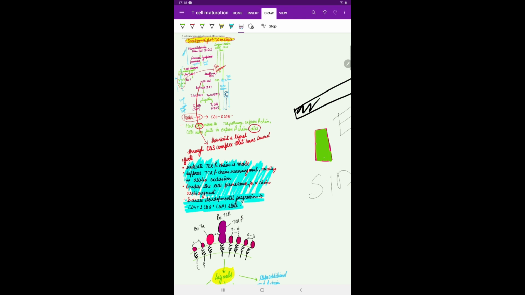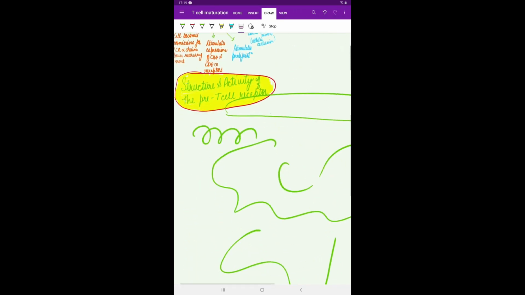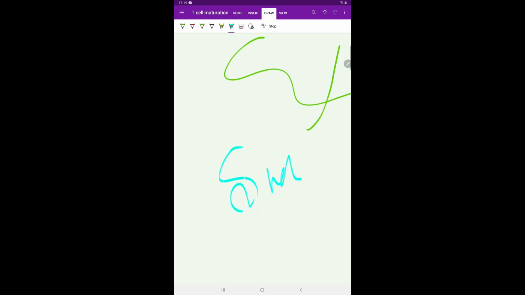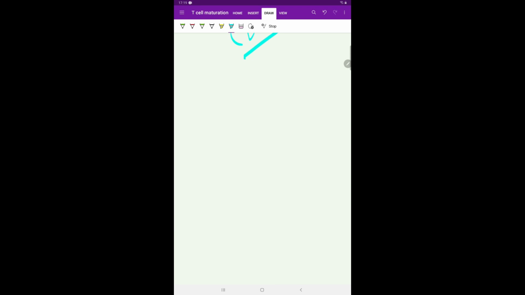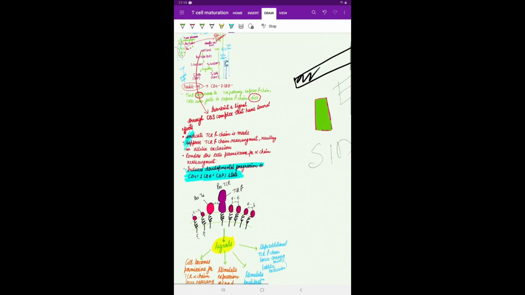Now here you have a rubber option, so you can erase whatever you have drawn. One more positive point about this application is that you have an infinite space of writing. You can go downwards and downwards. Of course you cannot go downwards unless you have completely finished writing on that particular page. So you cannot go below that page. You have to complete that particular page, and then you can move downwards to the infinite space of writing. So these are the two most positive things which I liked about this application.